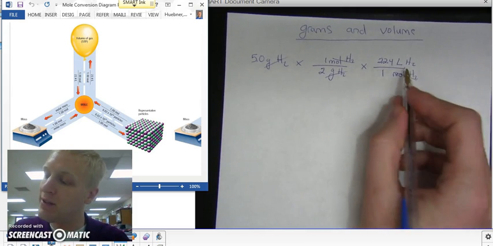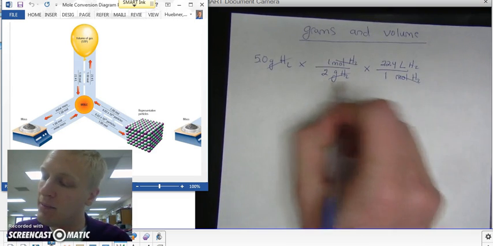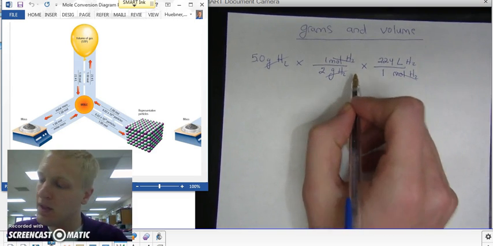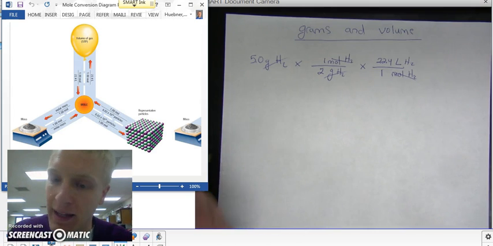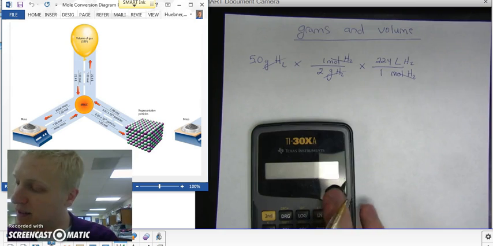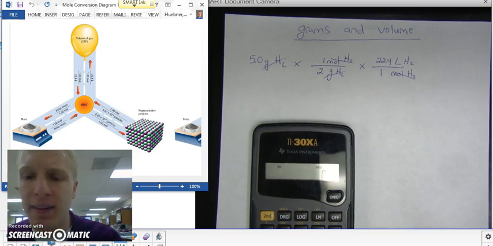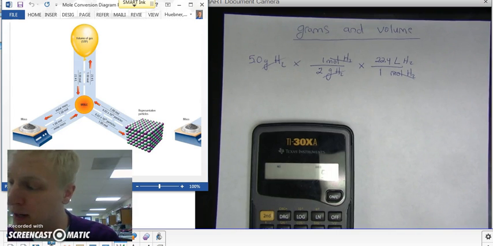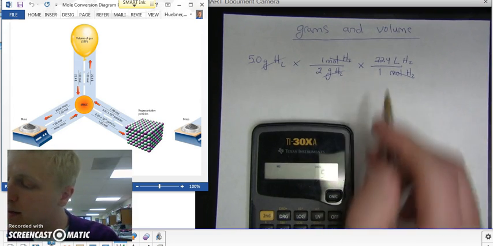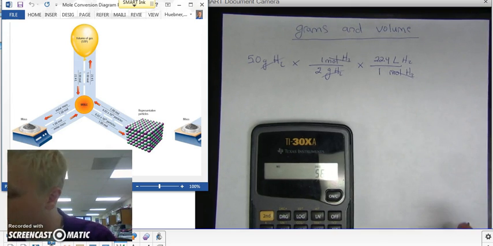And now all I have to do is multiply by everything that's on the top and divide by everything that's on the bottom. Alright, so I'm going to take my calculator out, which every good chemistry student should have if they're coming to class prepared. Alright. So I'm going to plug in 5 grams, times it by 1, times it by 22.4. I'm going to divide it by 2, divide it by 1, and that gives me